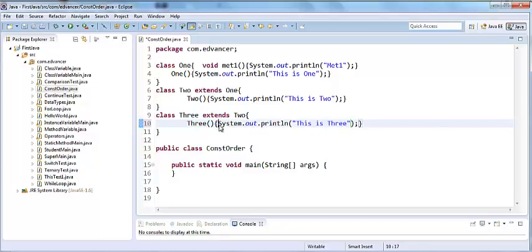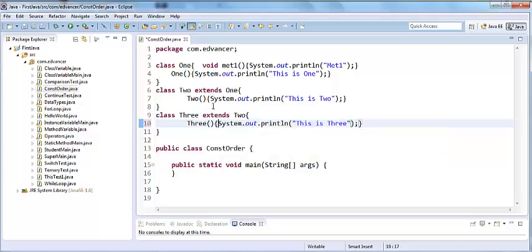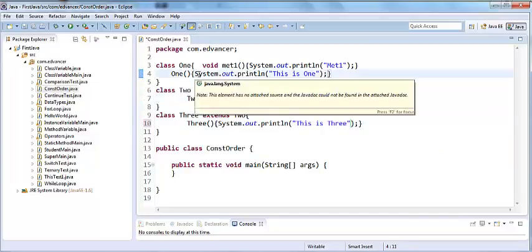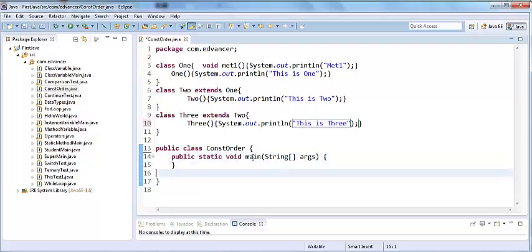That is the implicit super keyword, not constructor, my apologies. It has an implicit super keyword, which calls the default constructor of the base class, and this process goes on till the java.lang.Object class is created. And after that, in the way in which it was called, it will come back in the reverse way. So just to confirm that the base class constructors are already called, I am simply going to say